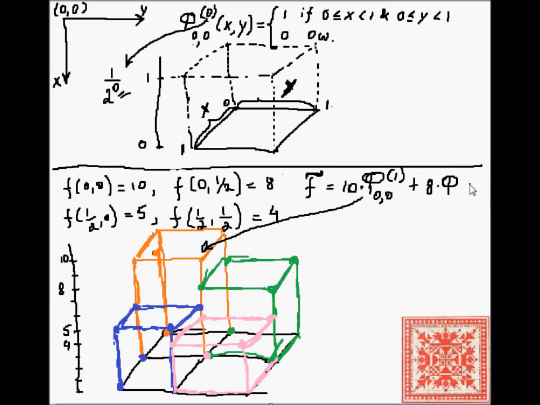It doesn't really matter whether we go counterclockwise or clockwise, but let's go clockwise. 8 times phi 1 sub 0, 1. This will be this green cube plus